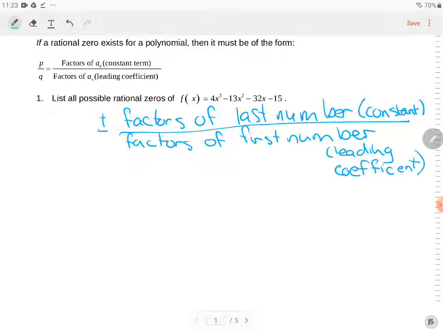Okay, so we have the constant over the leading coefficient. So in this example, it's plus or minus, because it could be a positive or negative number. Factors of 15. Notice I'm not taking the sign because the sign will get picked up with using the plus or minus